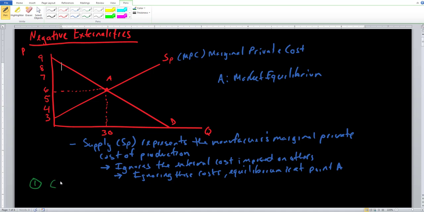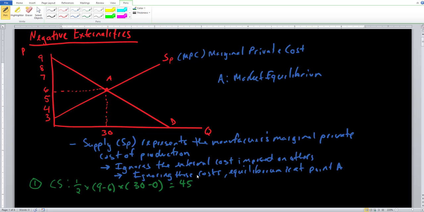So first of all, consumer surplus, just as a refresher, it's the area above the price but constrained by the demand curve. So the big triangle that we see at the top right here, very, very easy because we are working at the market equilibrium right here. So it is a triangle, 1/2 times the base times the height. Just find the distances and you're good to go. The height is going to be 9 minus 6, and the base is going to be 30 minus 0. So once again, it's just a triangle. Use the formula for a triangle. 1/2 times the height, 9 minus 6, times the base, 30 minus 0. And simplifying this as much as you can, we get $45 worth of consumer surplus.